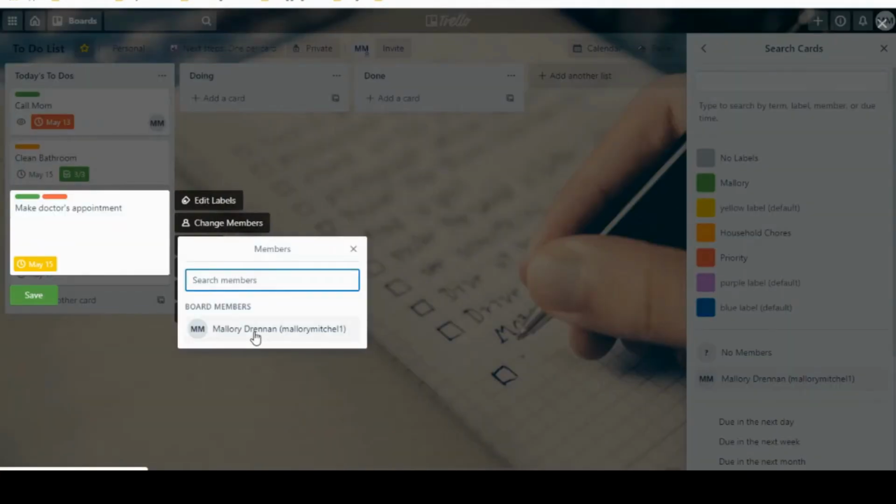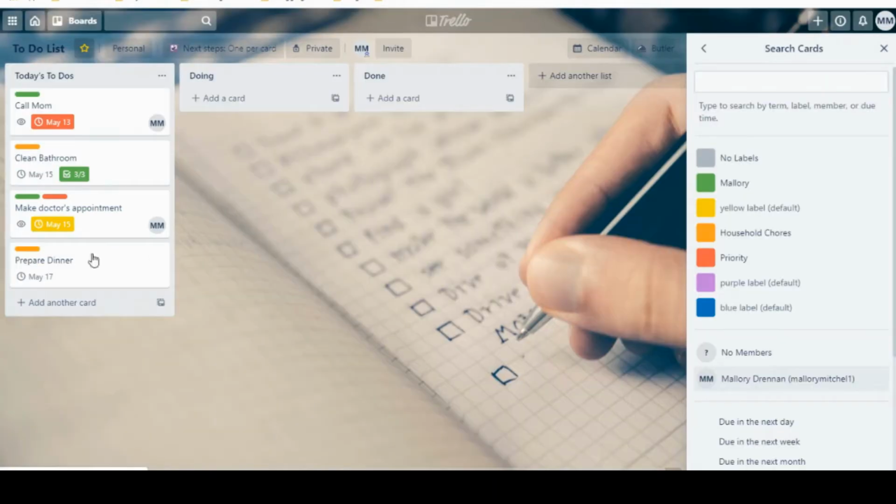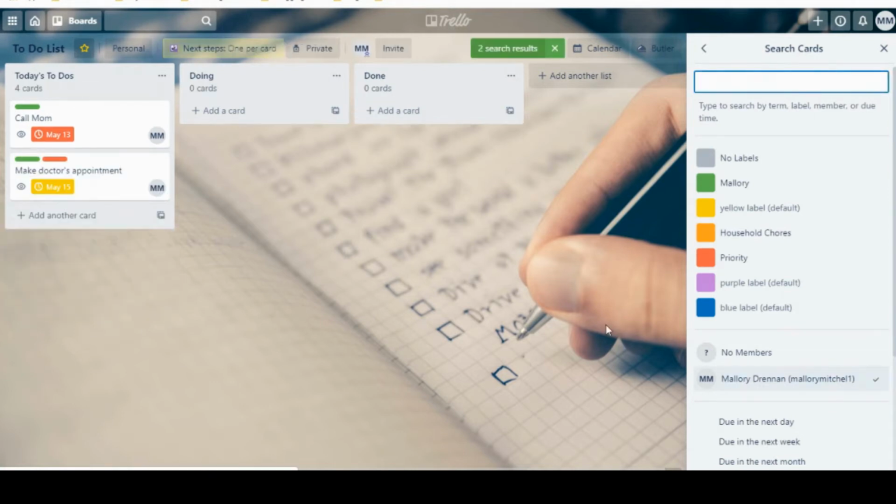So I'm going to go ahead and just show myself on these. So you can see my little icon is showing up here. And now let's go to sort by the ones that are specific and assigned to me. So I'm going to click on that, and you can see here the ones that are just assigned to me. And so you can do that when you have a bigger board and you have maybe a couple people within the board as well.